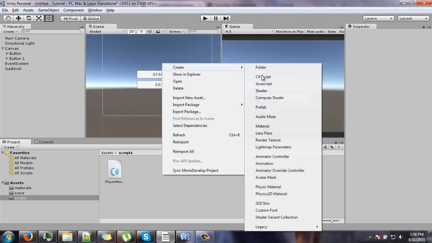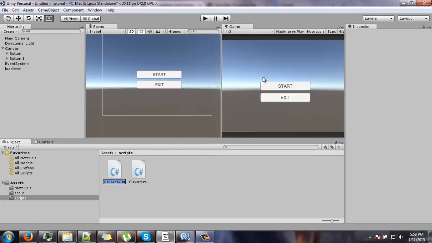Create a new C sharp script, name it reload level,